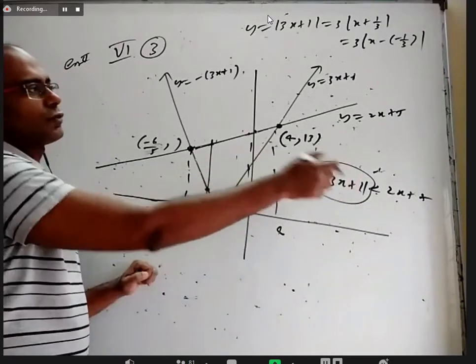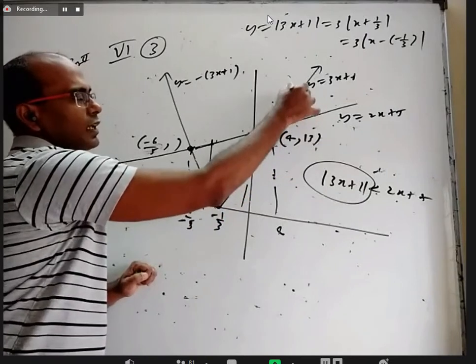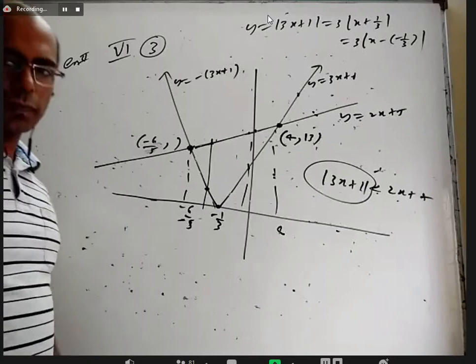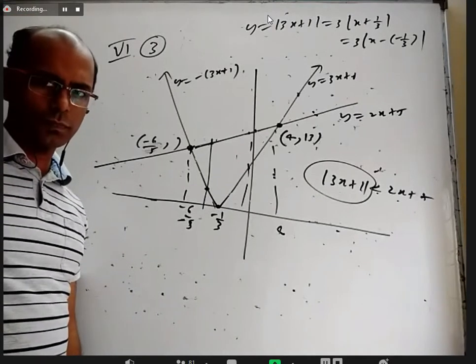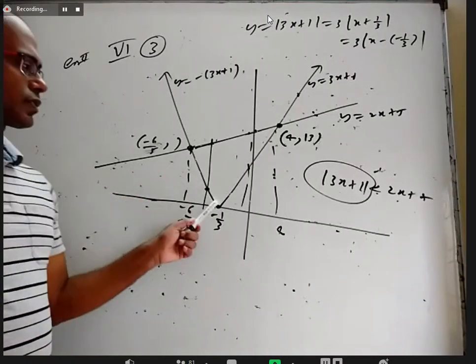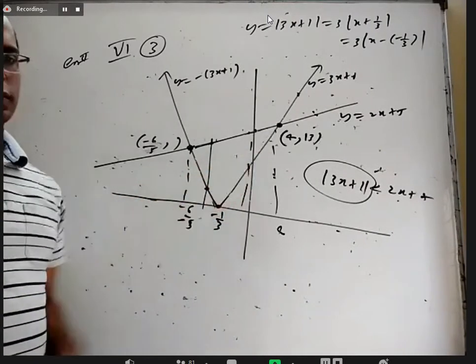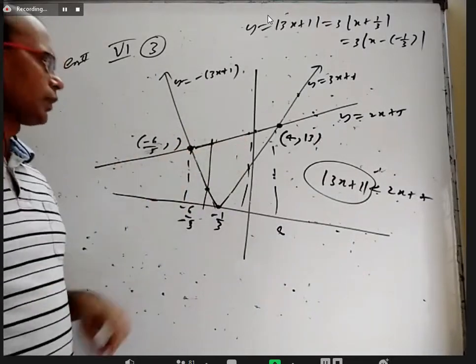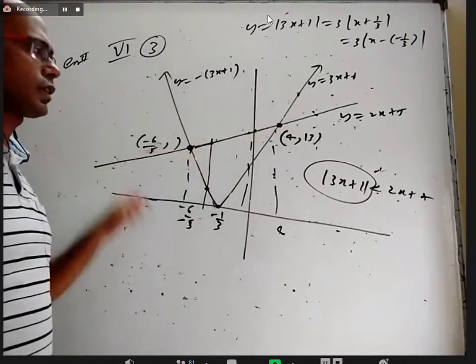If you take more than 4, this is LHS, this is RHS. LHS is more than RHS. But the question is LHS less than RHS. Are you clear about this? Yes, sir. Okay. Basically, the y coordinates of this should be less than the y coordinates of this. When you draw any vertical line, you see whether this curve is higher or this curve is higher. This whole thing is LHS, this whole thing is RHS.